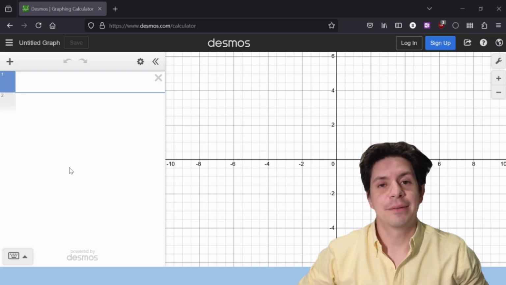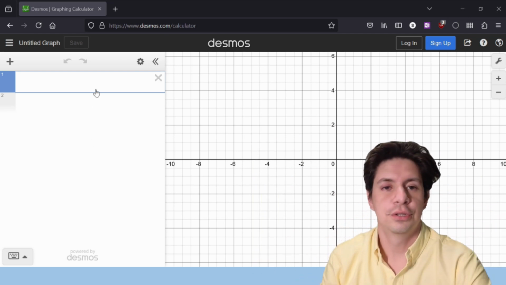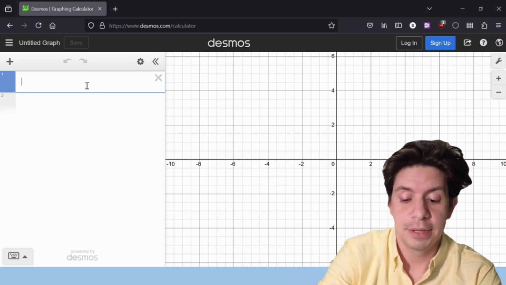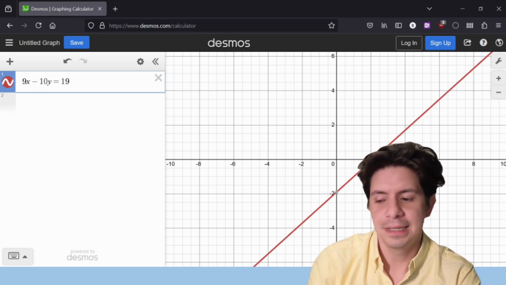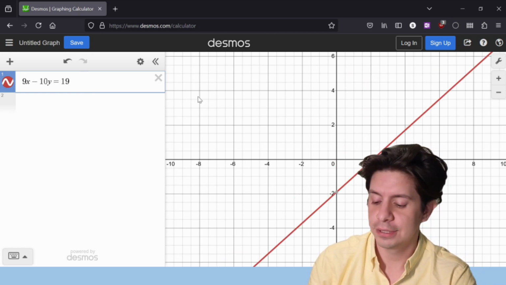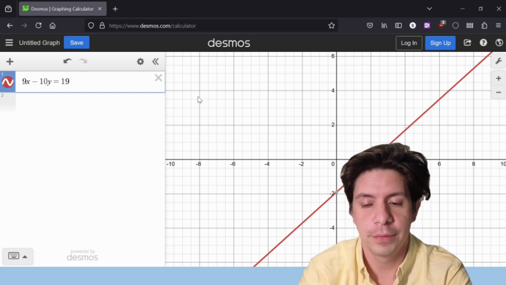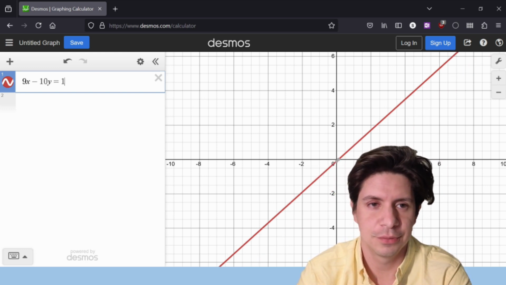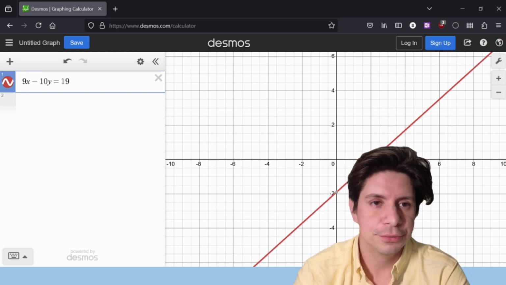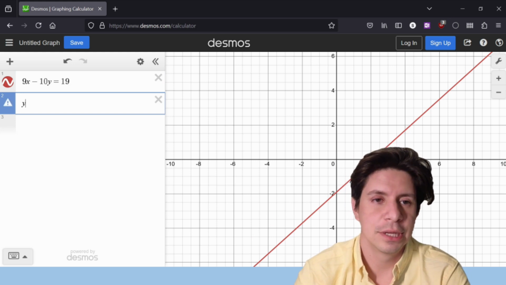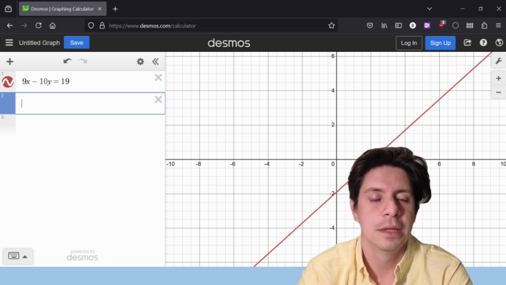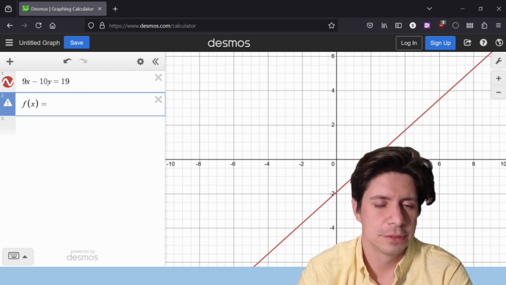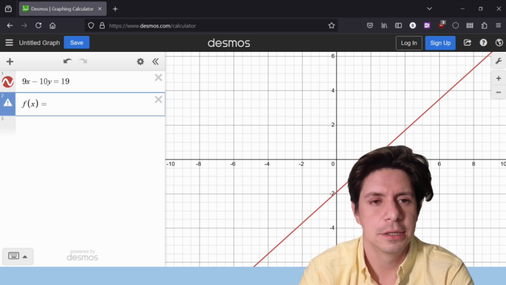So the thing I don't like about using Desmos here is that you can't just do 9x minus 10y equals 19, because how are you going to shift that, right? You can't just subtract 4 from 19 and get the shift we want. That doesn't work that way. What you need to do is plug in the equation we got when we've already divided it and isolated for y. So we could say f of x equals, in place of y,